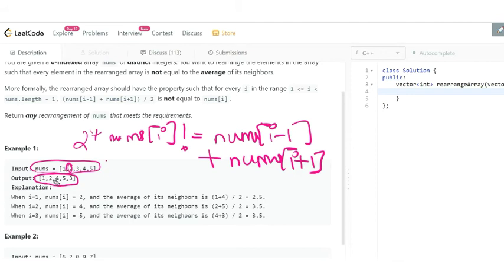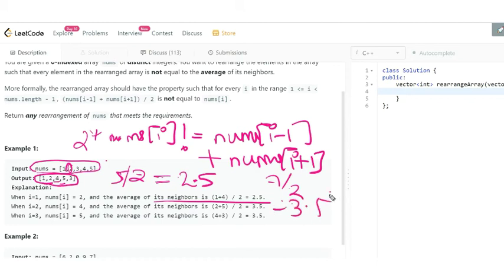So in this output, what we notice is 4 plus 1 is 5, 5 divided by 2 is 2.5, which is not equal to the middle element. Again, if we see 2 and 5, so 7 divided by 2 is 3.5, which is not equal to 4. Okay, so this is the basic thing which you have to do in this problem.